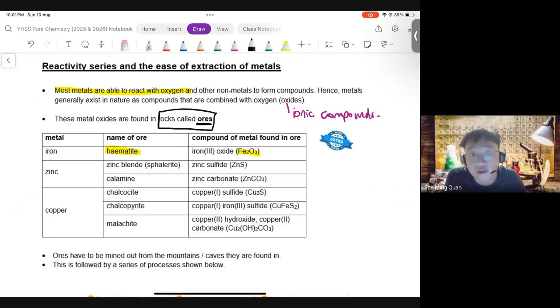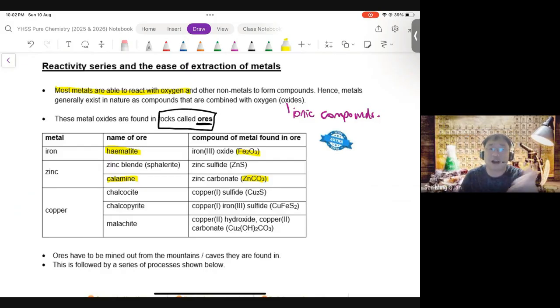Hematite contains iron oxide. Okay, so why so confusing? Why not just straight away say iron oxide? Now, the rock hematite is mostly iron(III) oxide, Fe2O3. But of course, being rocks, you also have other impurities like sand, right? It's inevitable that your rock, your ore contains some sand as well. Okay? Now, interestingly, for example, zinc actually reacts with oxygen and also carbon dioxide to form zinc carbonate, and that is in calamine. Calamine is another rock mineral. Okay, it's an ore of zinc that contains zinc in the form of zinc carbonate, sorry.